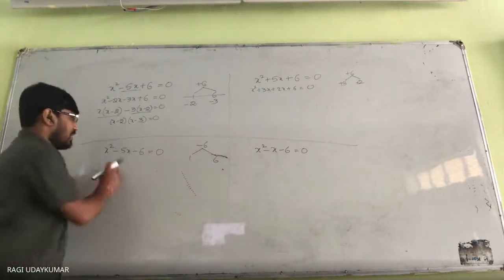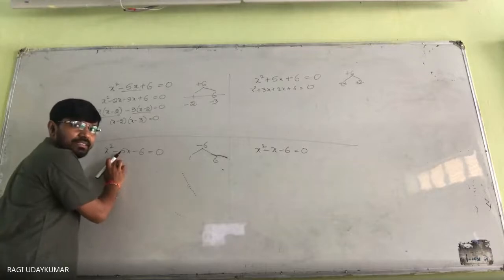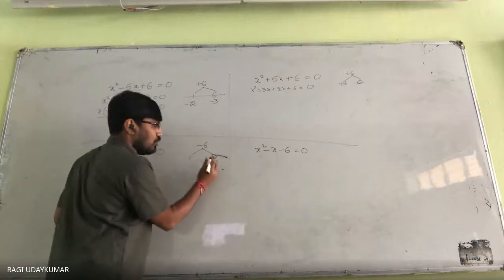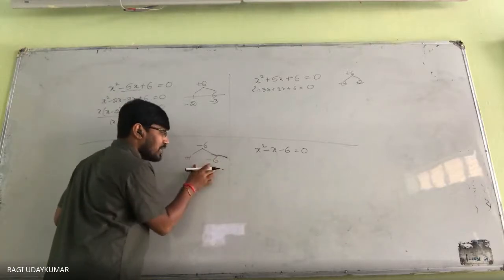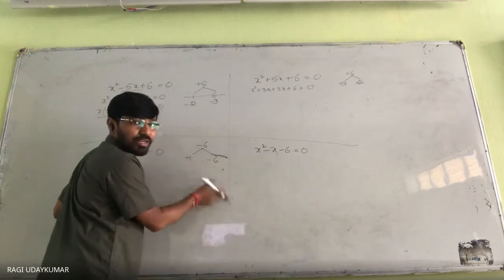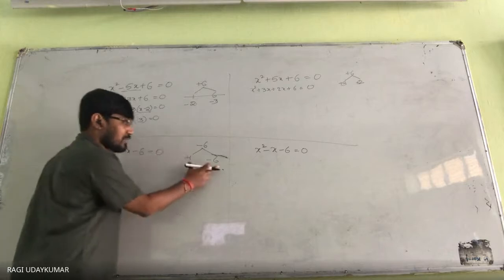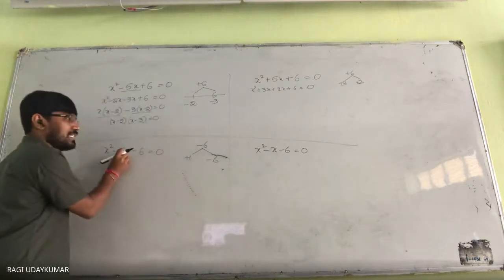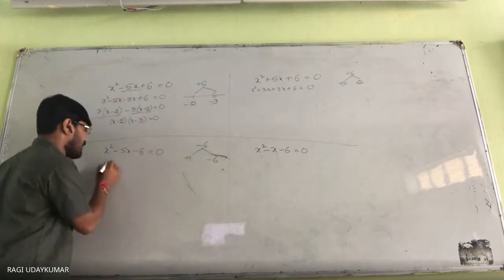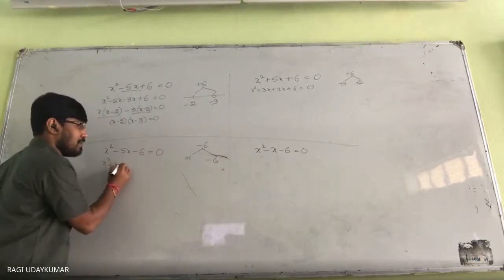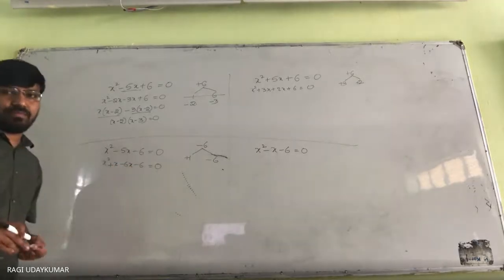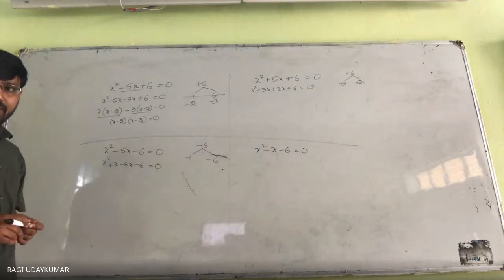What she said here: whatever the sign we are having here, the sign should be given to the bigger number in these two. So here minus, here plus. So that when you do the simplification of this one, +1 -6, we are going to get -5. On finding the product of these two, this one. So that's why we are going to split this one as x square plus x minus 6x minus 6 is equal to 0, and we'll proceed like this. Okay?